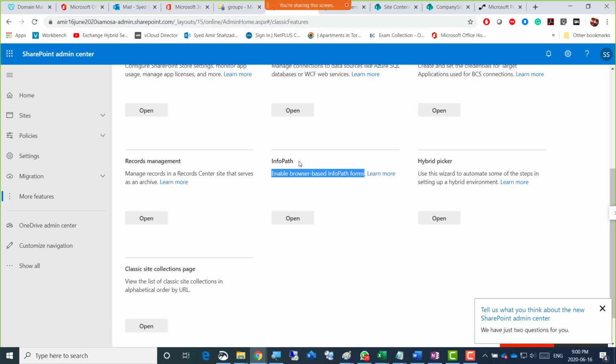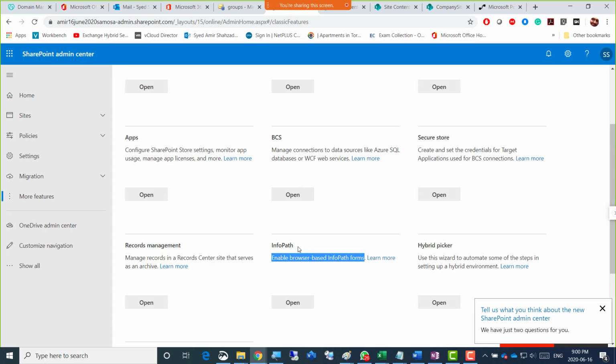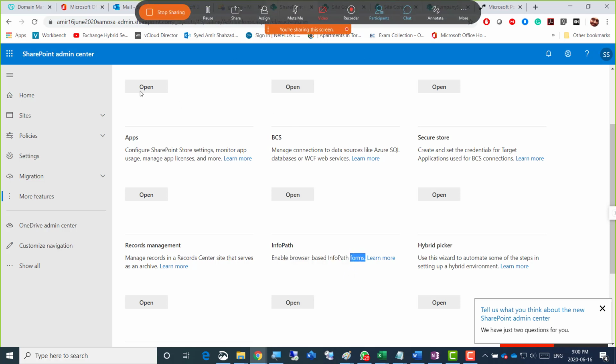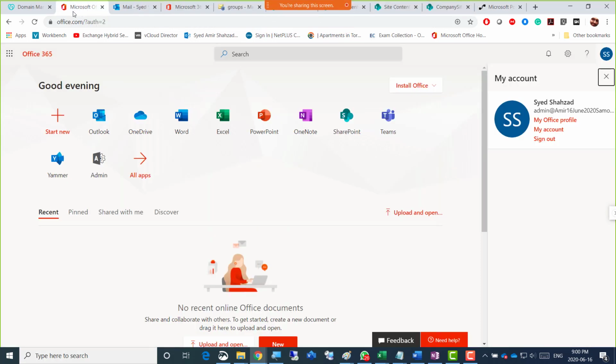So when you create a form, InfoPath is the old way to create that. It also has an InfoPath designer that actually is an application that is downloaded and then you create a form and then publish it. But Office 365 has just created that other application called Forms. So that application name is Forms. App name is Forms. So if I go to